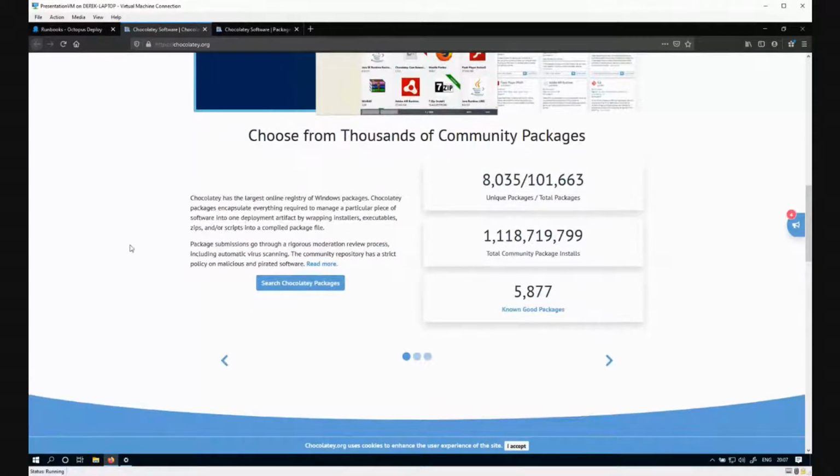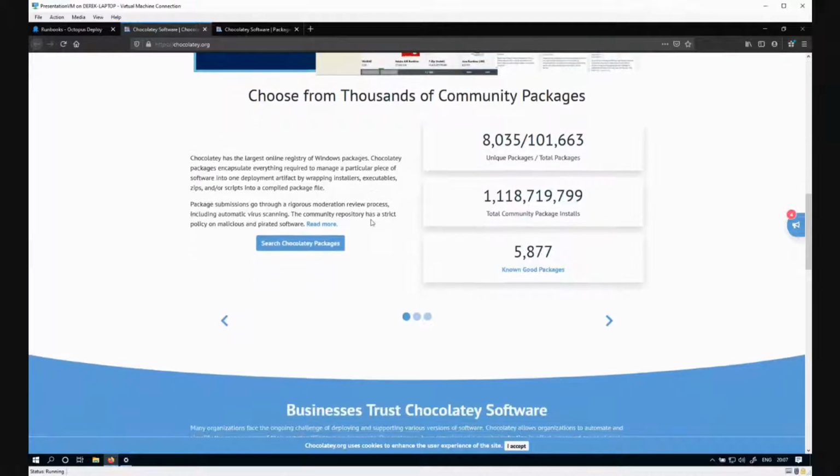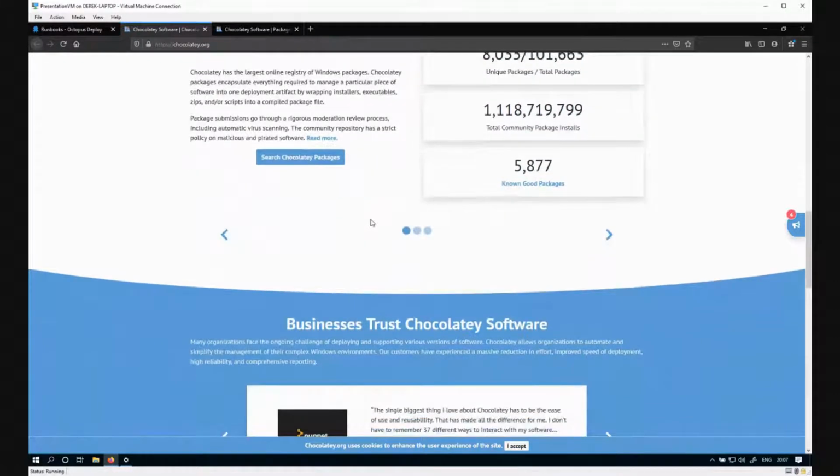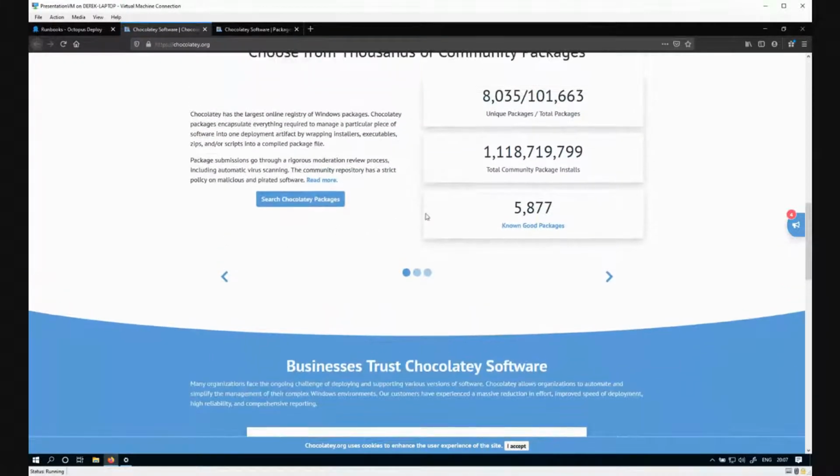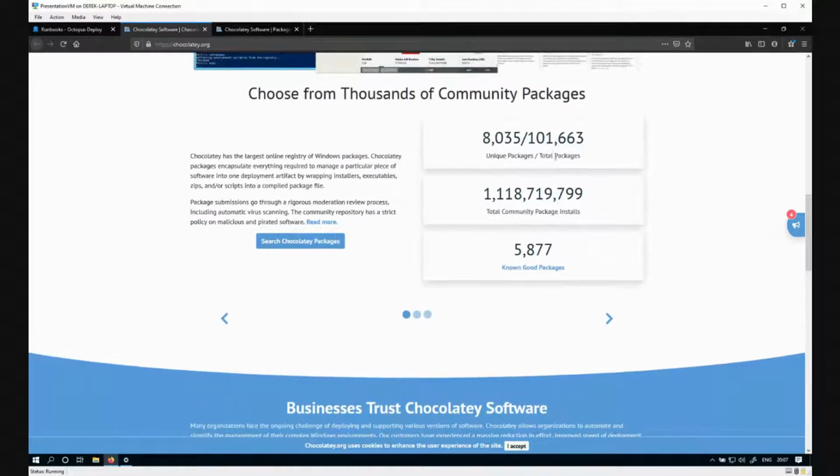So just over 1.1 billion total community package installs. There's 8,035 unique packages, and of them, there's over 100,000 versions of those packages as well. That's larger than any other package repository for Windows that you'll find. So you've got Ninite there. There are other ones as well, but there's none that come close to the number of packages on there. Well, surely about 80,000 of those versions are just for Chrome. I was looking at it today, and I think Chrome's on version